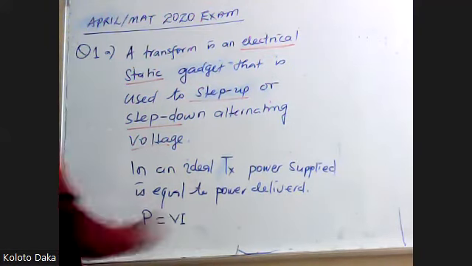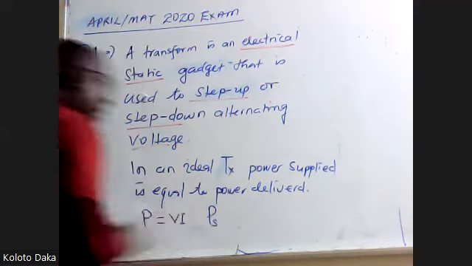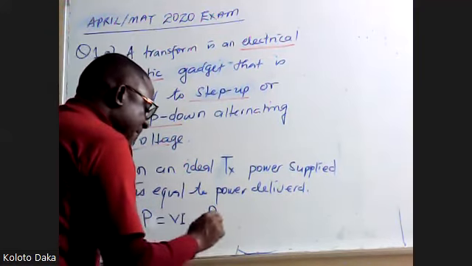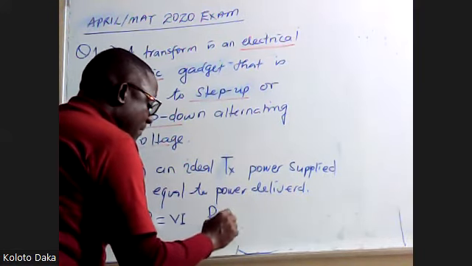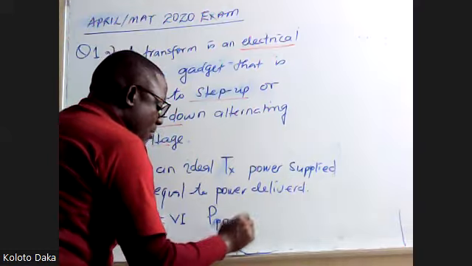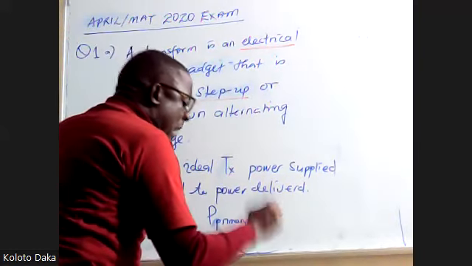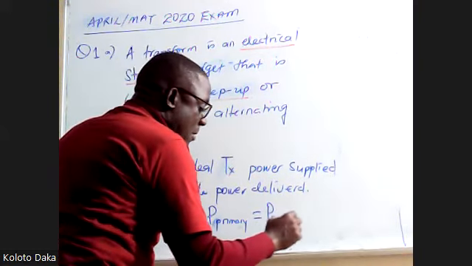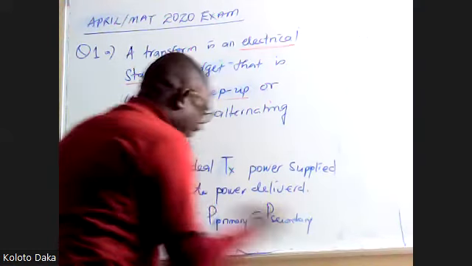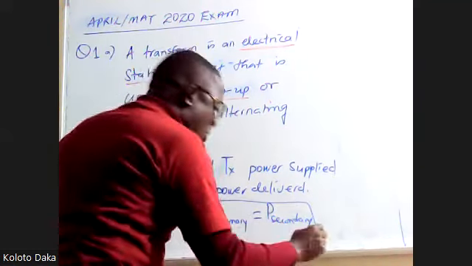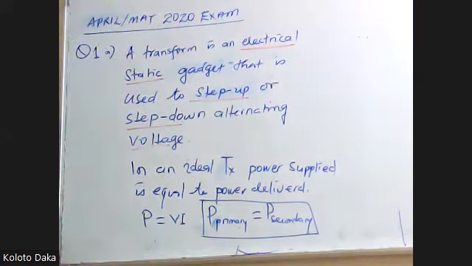So power at the primary side is equal to power at the secondary side in an ideal transformer, meaning that